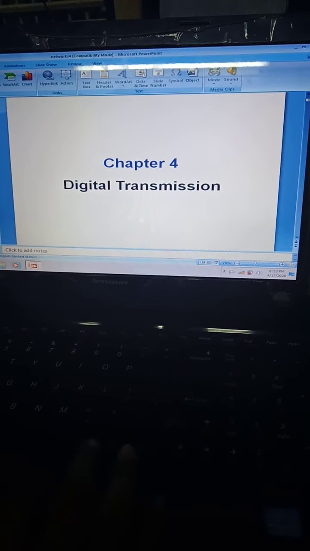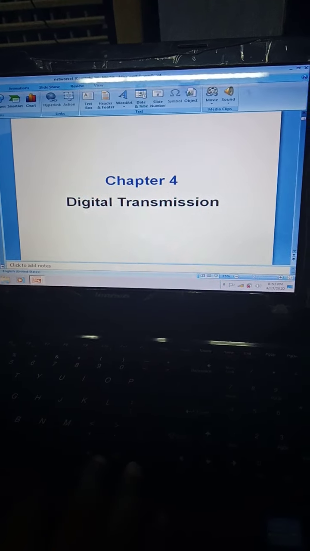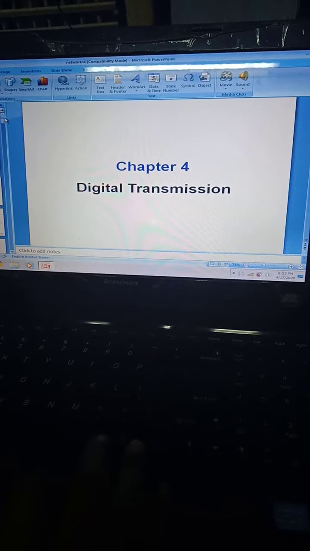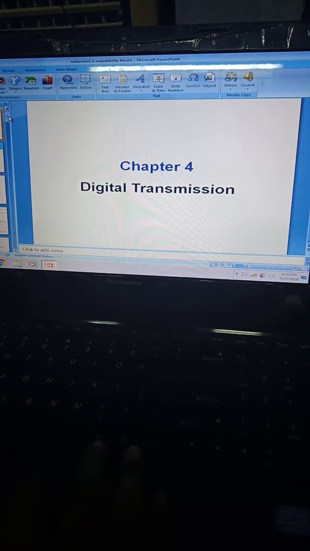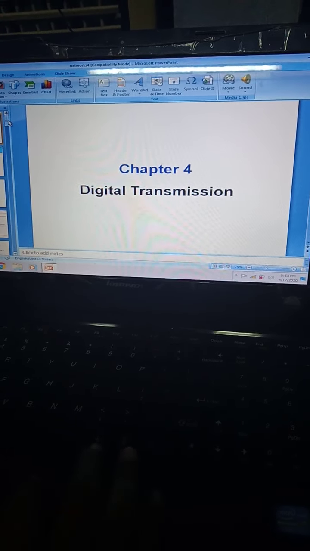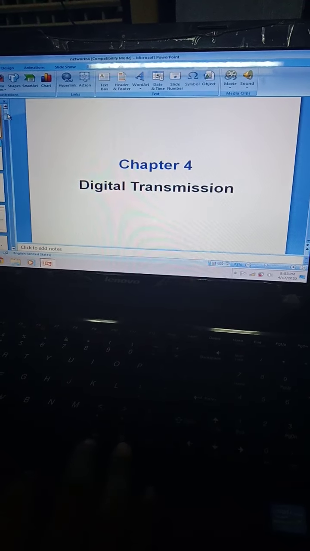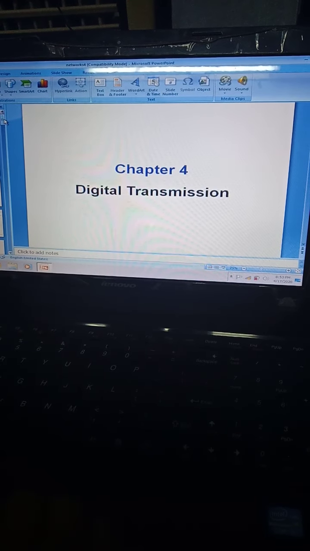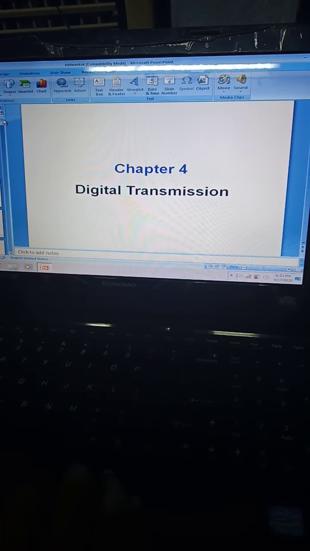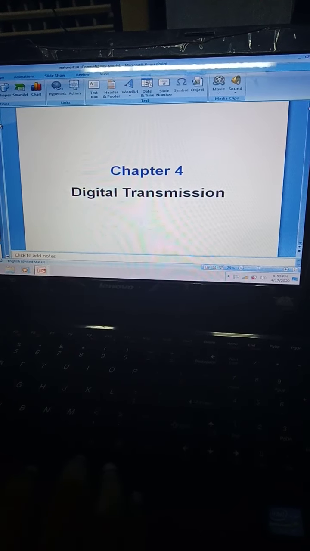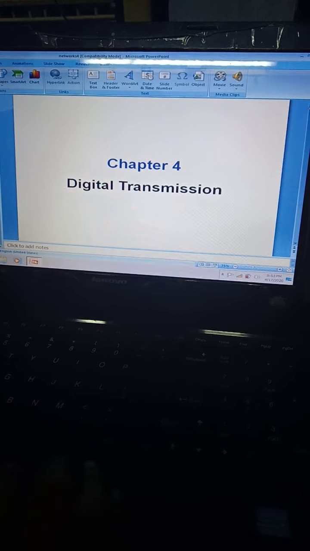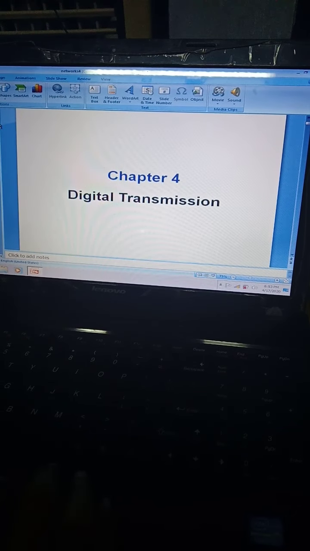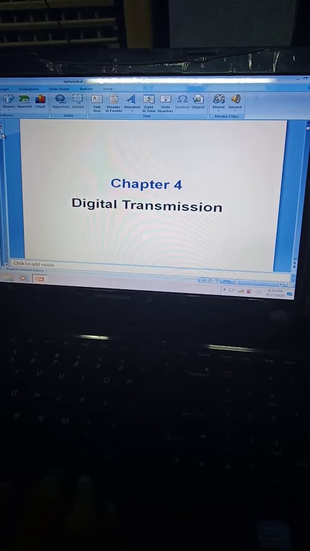So, already we have seen what analog signals and digital signals are, how we can represent an analog signal and a digital signal, and what the different types of data transmission or network models are, either the OSI reference model or the TCP/IP reference model, and the different types of layers in each network model. And next, coming to the physical layer structure, which always transmits the data in the form of signals. There may be either an analog signal or a digital signal. So data may be represented in signal format.